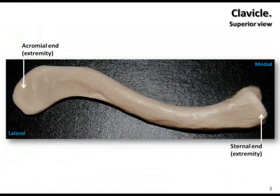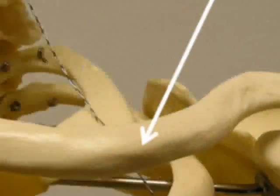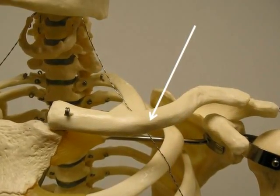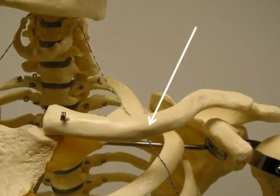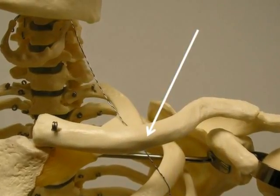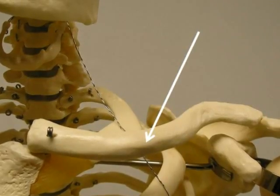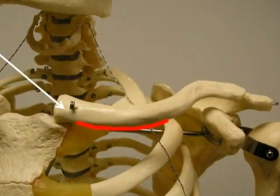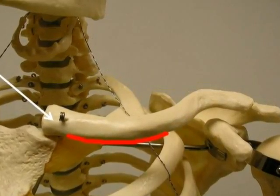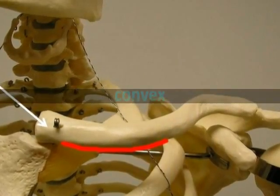The clavicle is a small, narrow bone that has a pronounced S-curve. It sits horizontally across the anterior thorax, just superior to the first rib. You can easily palpate the clavicle because it's found just under the skin, and it helps transmit force from the arm to the trunk. When viewed in the anatomical position, the medial half of the clavicle is convex anteriorly, which